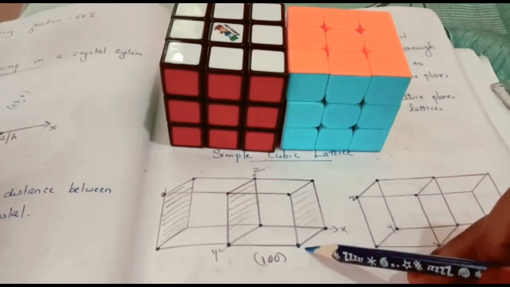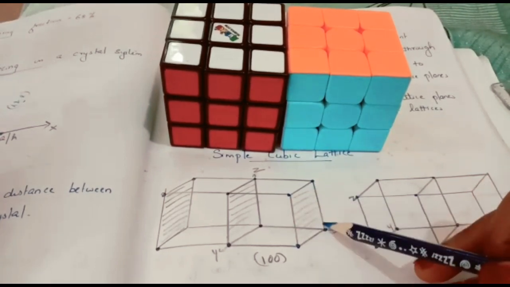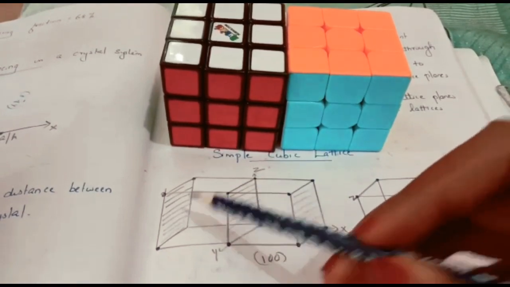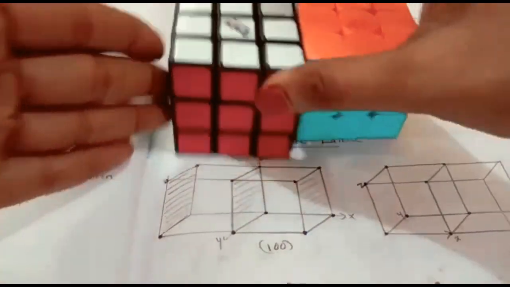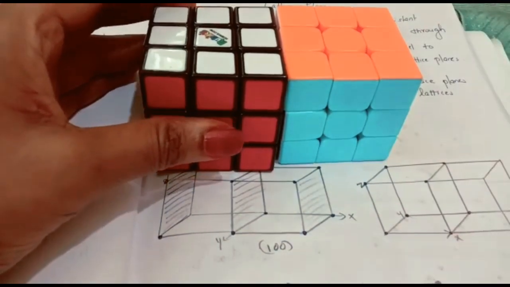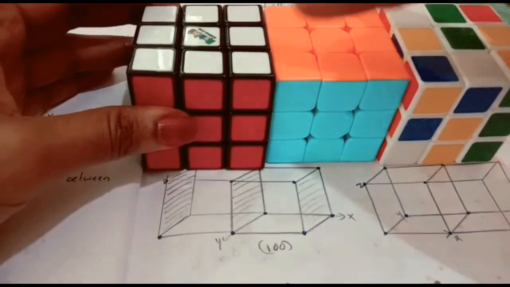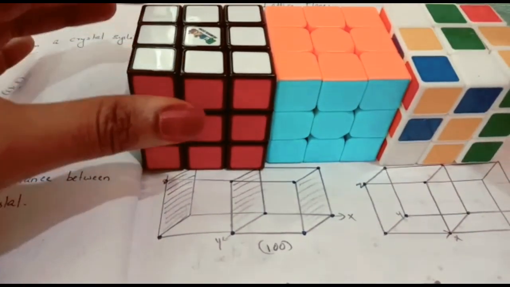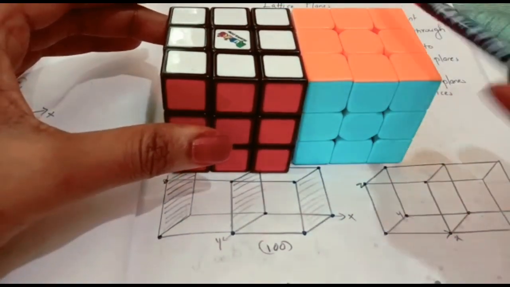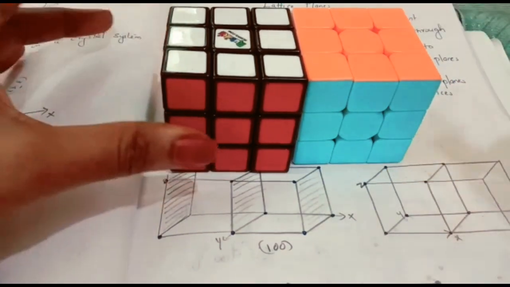When you are putting this 1 0 0 plane, see here all the corners are participating. This one is another plane, parallel to this, then another plane. Same like here, this one is one plane, here also another plane. If you are keeping another cube here, then it will be the next plane. So these all are parallel planes, and this is a lattice plane for a simple cubic crystal. There is no need of a plane in between. Why? Because there is no atom present at the body center or in the face center.